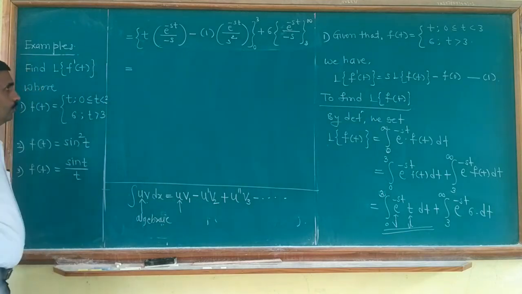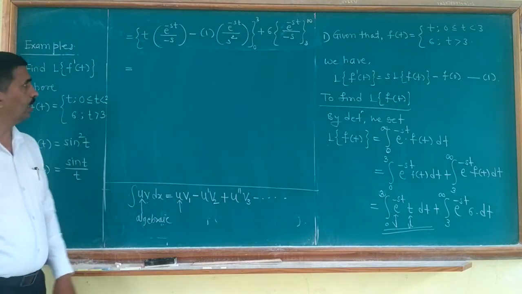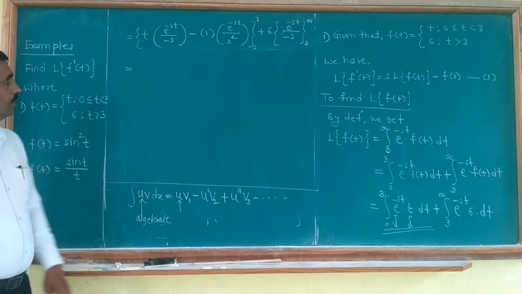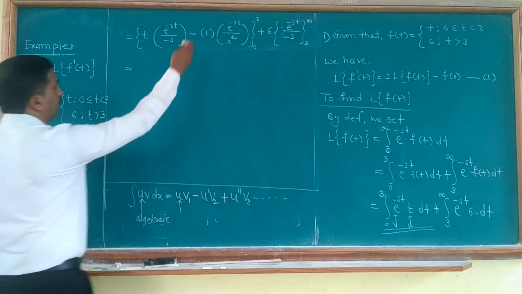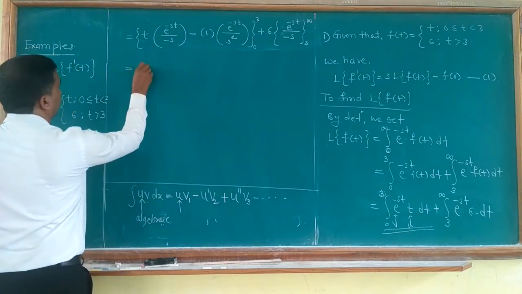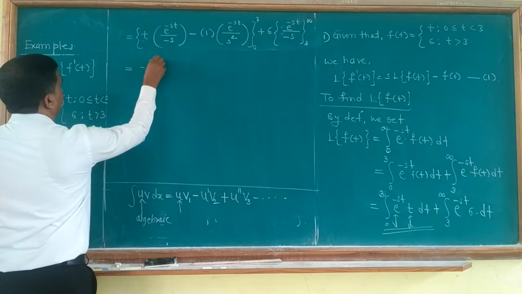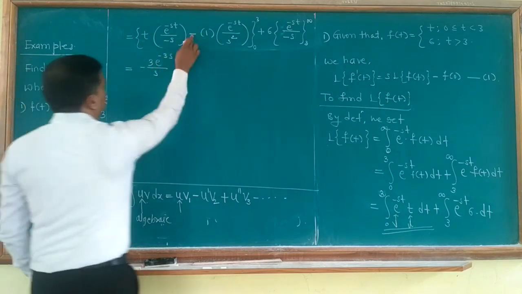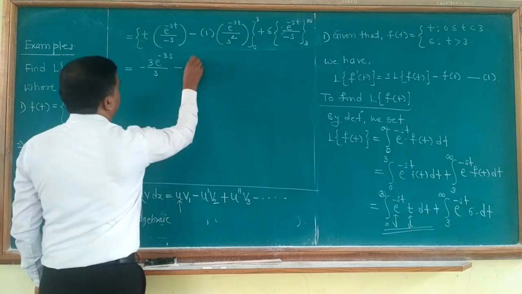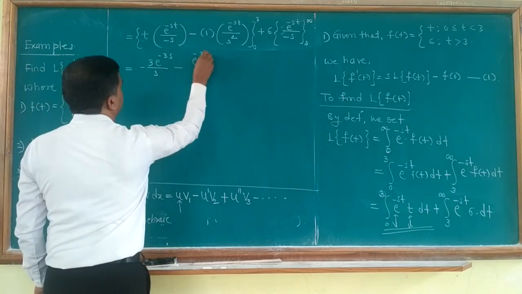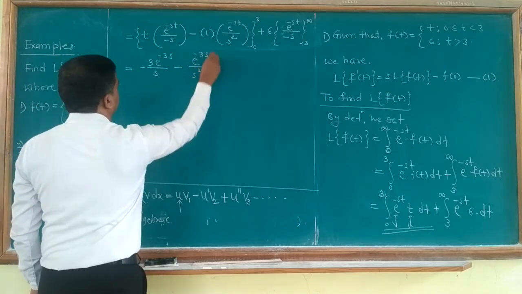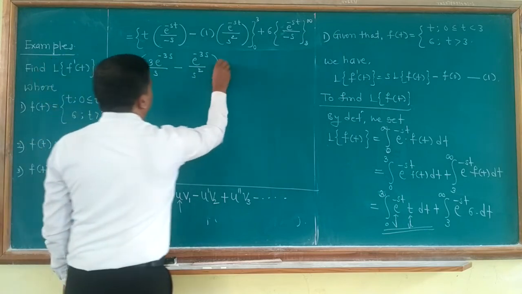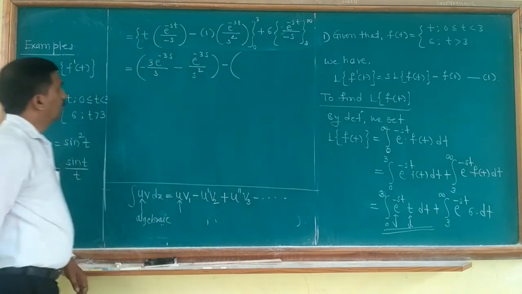Now this is equal. Now let us put the upper limit and lower limit. First put t is equal to 3. So we get minus 3 e raised to minus 3s divided by s. Then minus, here you will get e raised to minus 3s divided by s square. So this is the value of the upper limit. Minus, for the lower limit,